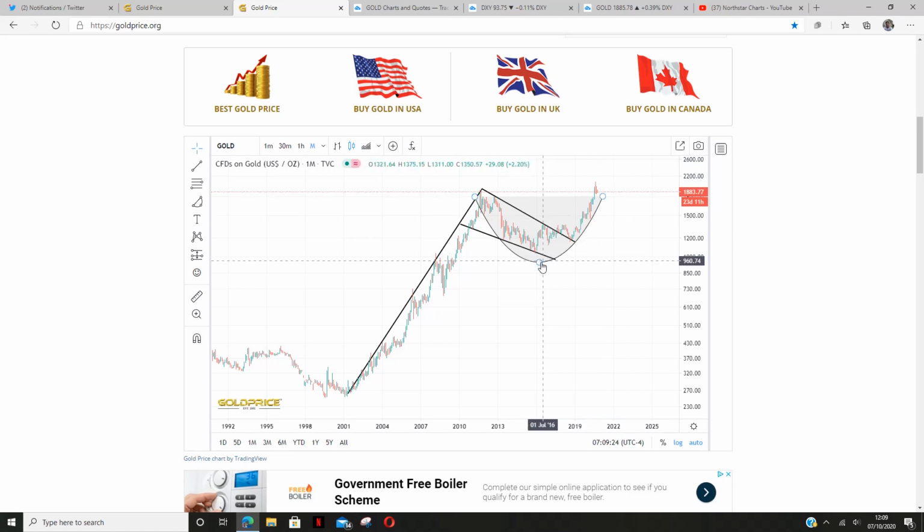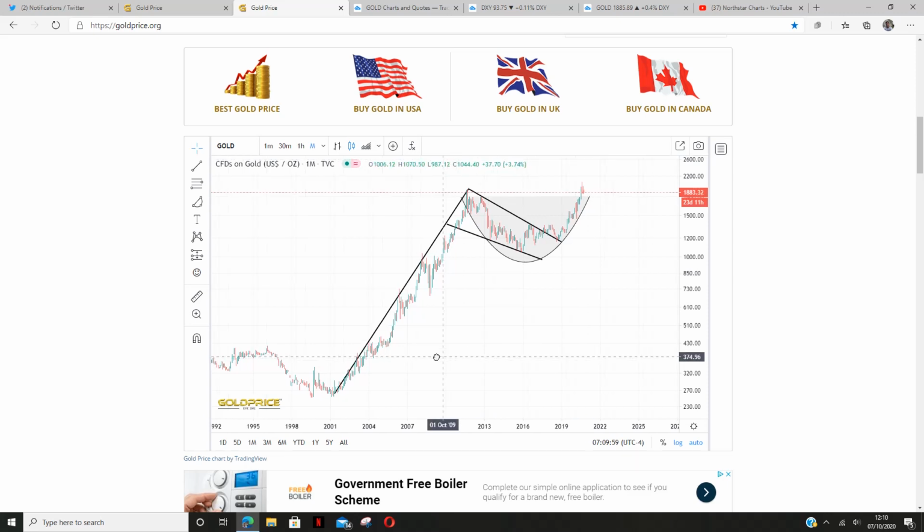Another target comes from the depth of the bowl. We call the bottom of the bowl somewhere around $1,000, just for a round number. I know it isn't, but I'm just making the maths easy. And the top of the bowl is somewhere around $1,800. So that's $800 onto the breakout. Well, the breakout being at $1,800, that gives you $2,600. So I'm looking at that area between $2,500 and $3,000 as a target